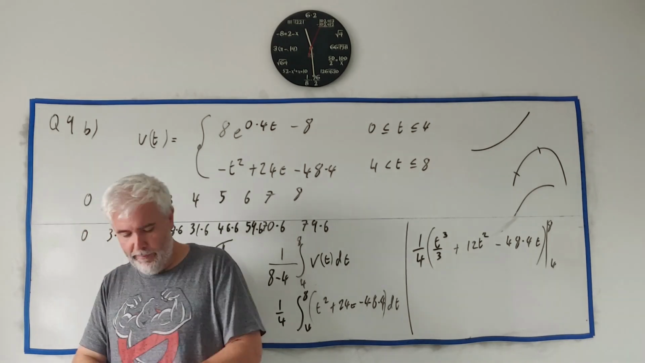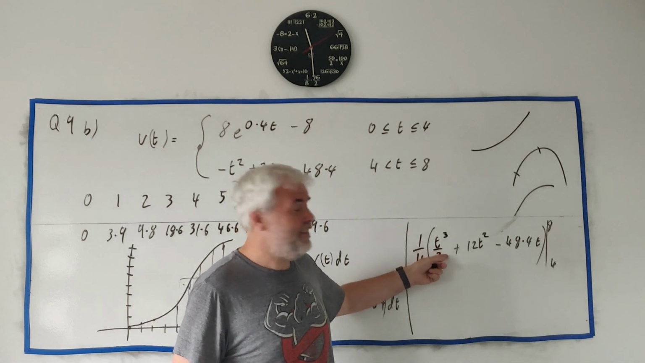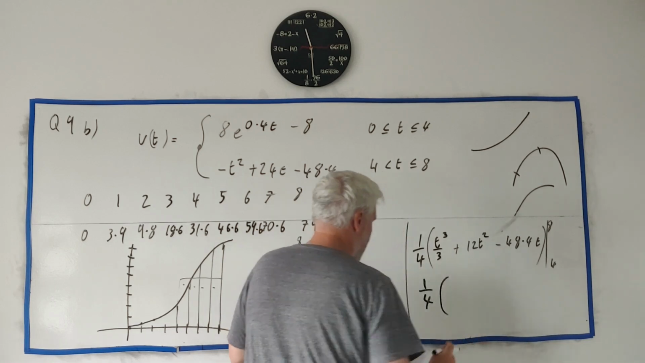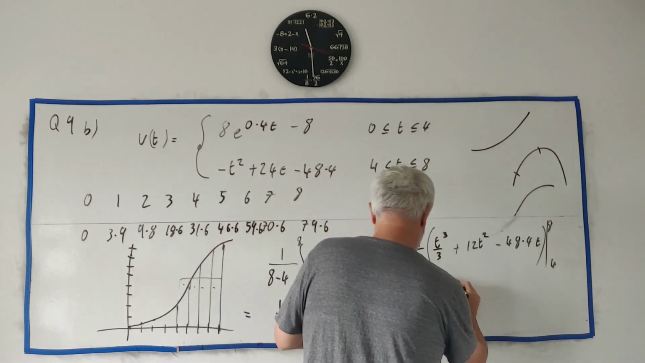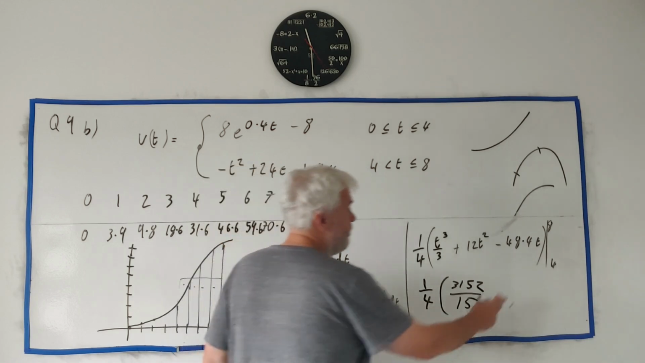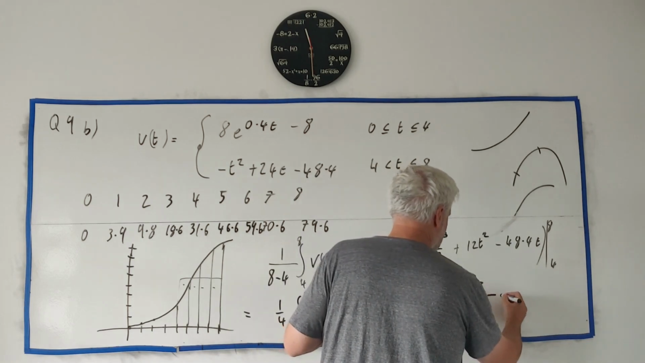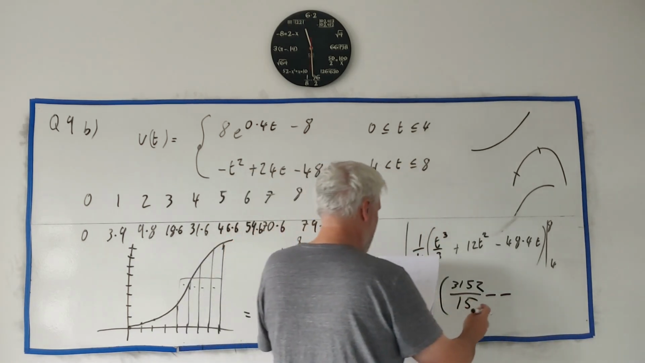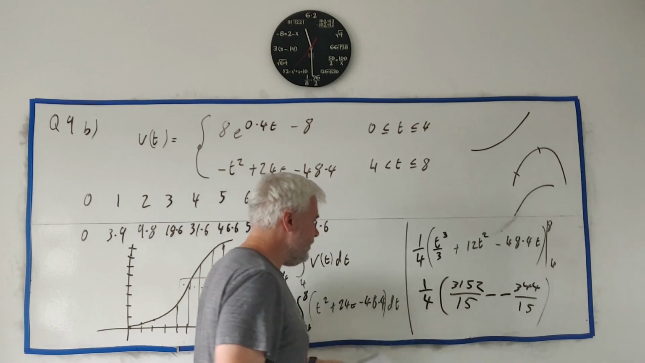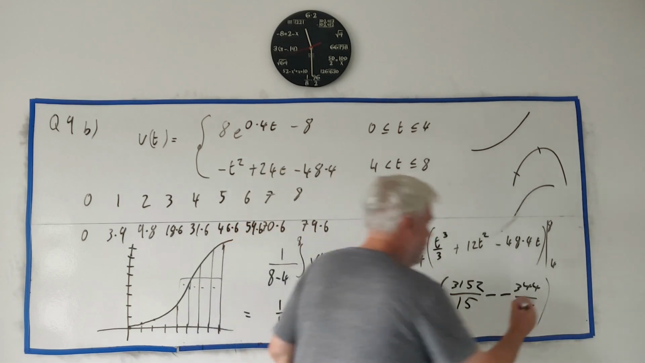Partially because I'm running out of room, and partially because this is how I did it in my notes, I just used the calculator at this point. I left 1 over 4 outside, and when I put 8 into all of it, I got 3,152 over 15. Then I put 4 into all of this, and I got minus 344 over 15, because we had a minus anyway. This becomes a plus, we add this together, we divide it by 4. Putting it all together, I get